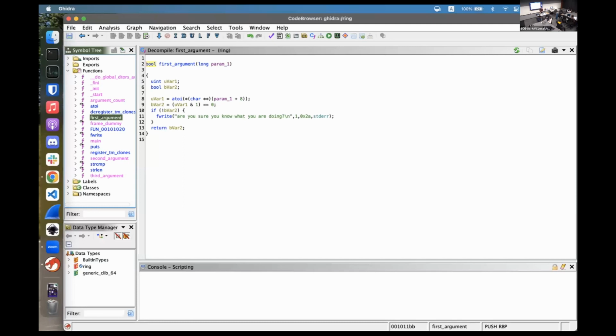If not, I'll just tell you. So atoi is the function in the standard library to convert from ASCII to integer. So from string to a whole number, pretty much. The default is a decimal interpretation, so we know that the first argument has to be a decimal number. Now the second argument,